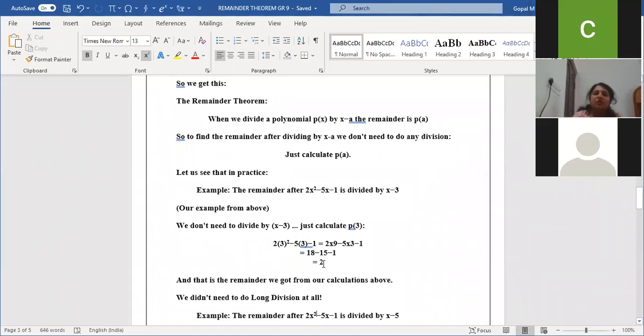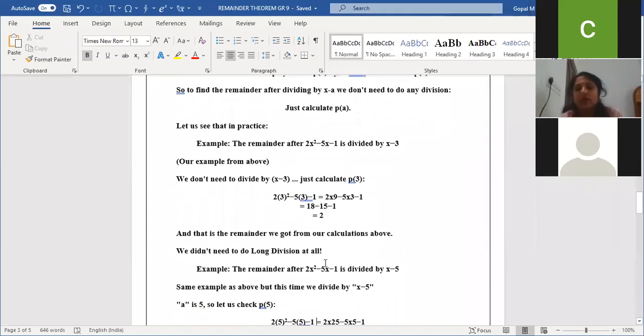So what have you understood from this one here? From x minus 3, the divisor, we need to find the zero of that particular polynomial. That value you need to apply in the polynomial P of x. So we'll get the same remainder. Even if you do long division, the remainder is the same. Even if you apply the remainder theorem, the value is the same. Am I clear to everyone? Yes, ma'am. Anyone have any doubt in this long division and in this remainder theorem, children? No, ma'am. We'll see some more examples based on this.